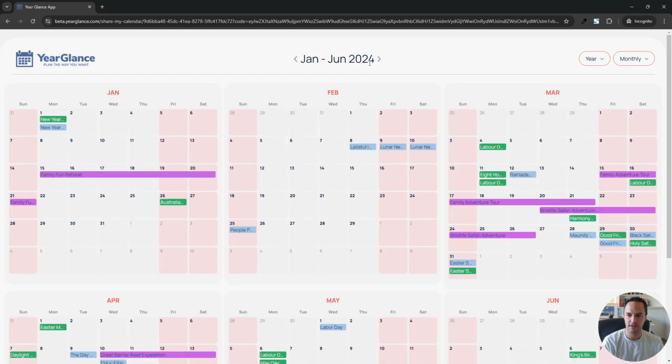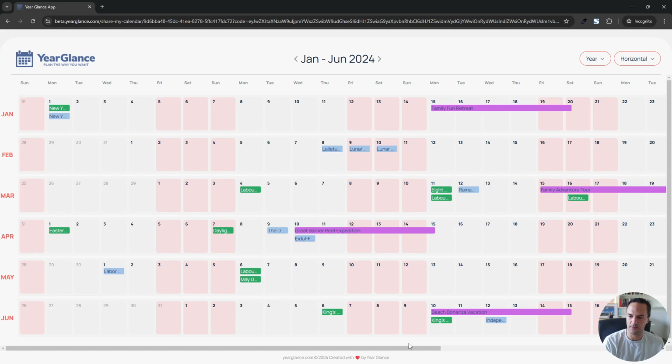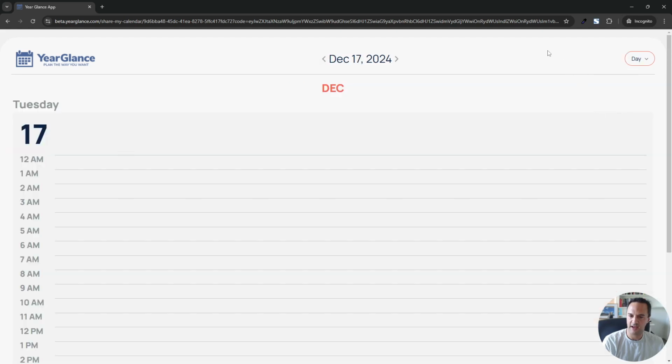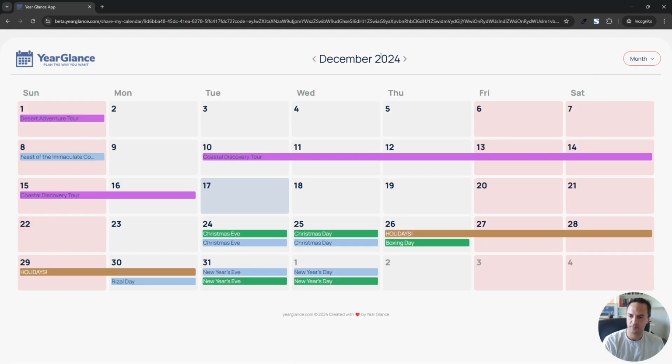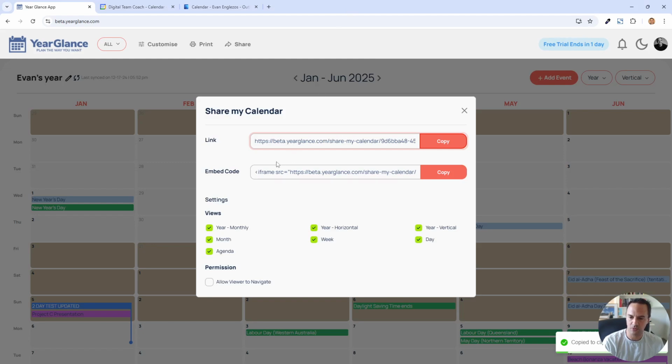Here's the calendar, and there we go. It's all in there. It's inheriting the settings that we had. So as you can see, Friday, Saturday, Sunday, that's all inherited. The sizing, everything like that. And there's the ability to change view. So you can share this link publicly or with a team or something like that. Super exciting. And we've got the other views here that we allowed as well. There we go. So that's cool.